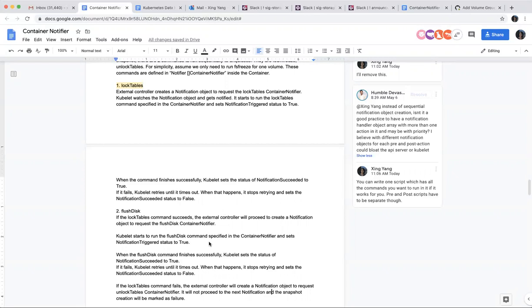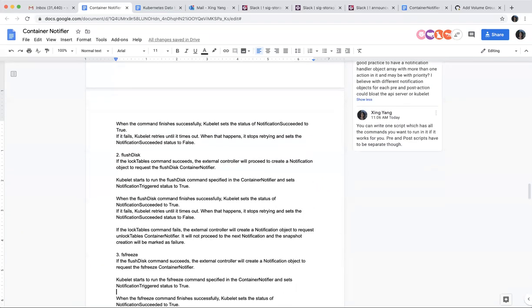That's right. But you can do multiple things in one notification. You could, but then you write your script, right? I think some people actually do that. I don't know if that's the preferred way. I would think if you have 10 different things you need to do, make one notification that calls a script that does 10 things rather than try to have 10 different notifications called in some sequence.